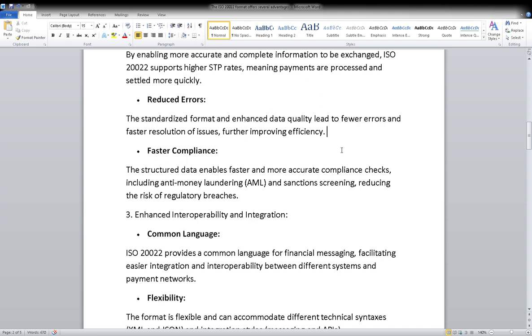Then faster compliance. The structured data enables faster and more accurate compliance checks, including anti-money laundering and sanction screening, reducing the risk of breaches. So this is one of the advantages of using structured messages. Because why I'm saying structured data here,